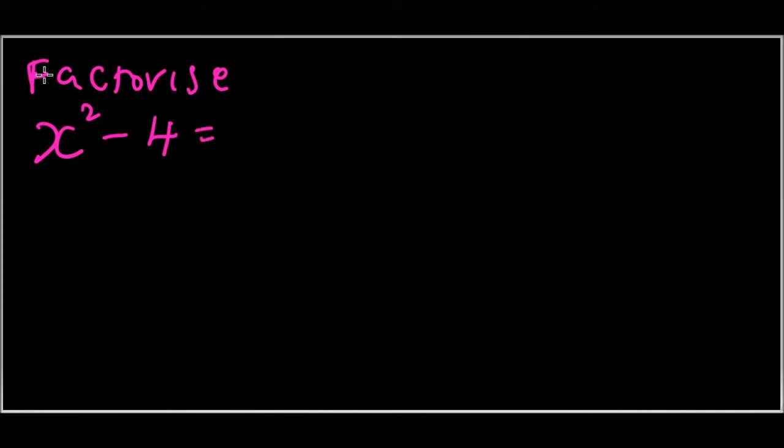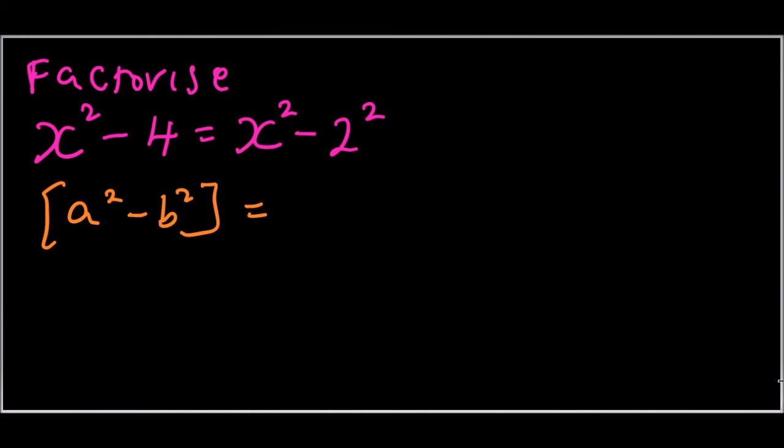Another example, factorize. This time we are going to say this is x squared minus 4. Now, it looks a bit different, but remember the difference of two squares. We can write this as x squared minus, instead of 4, 2 squared, which is the same as 4. Remember what we said about the difference of two squares: if we have a squared minus b squared, when you expand it, it is the same as a plus b, and we have a